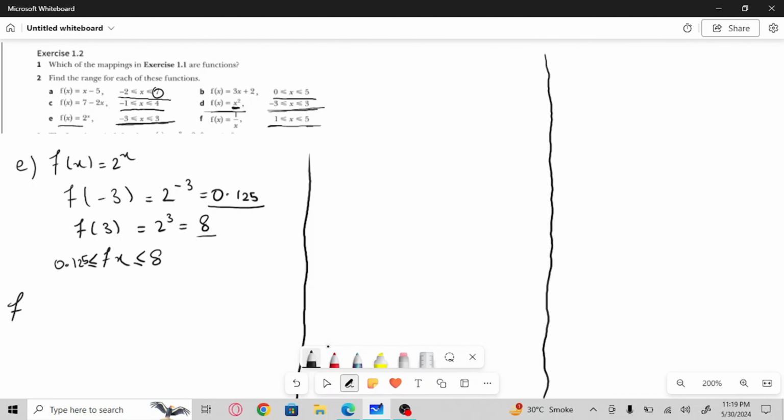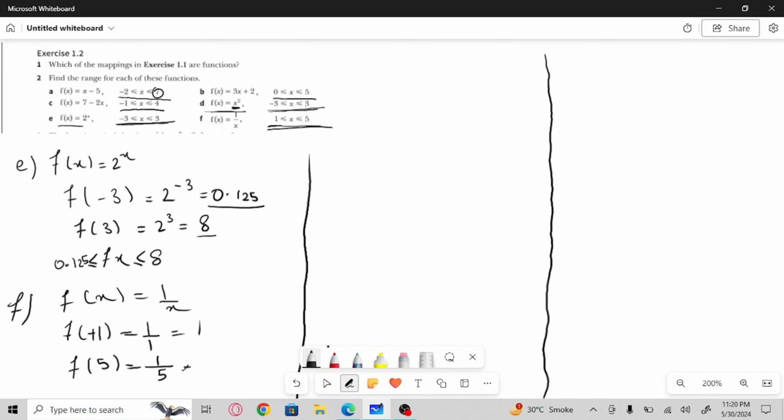So on to question number 2, part F, which tells us that f(x) is equal to 1 upon x, for which the range of values is 1 to 5. Again, we are going to input the value of x to be the smallest value, which is 1 upon 1, and obviously it's 1. The second value we are going to input is 5, which will give us 1 upon 5,